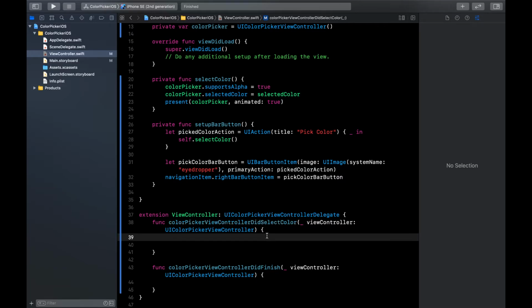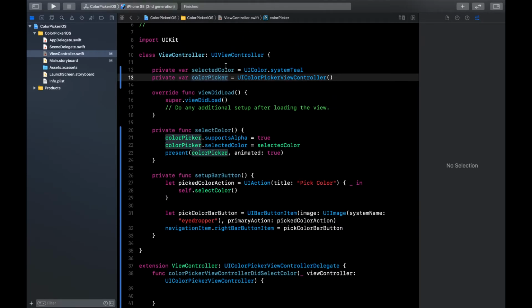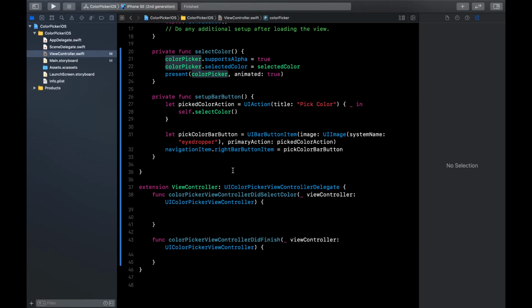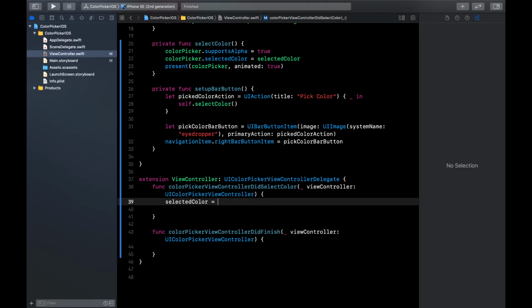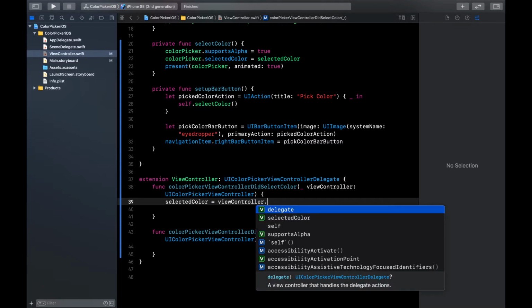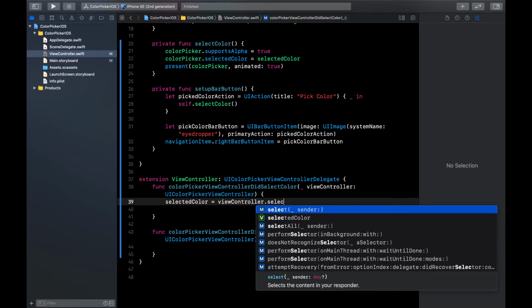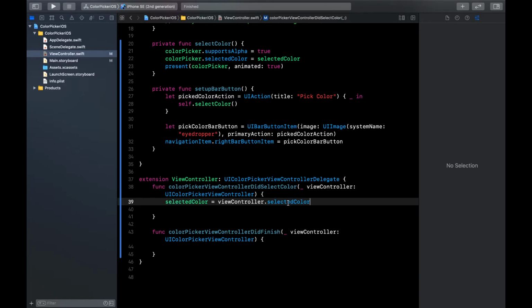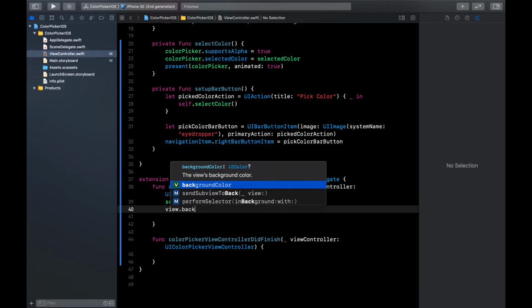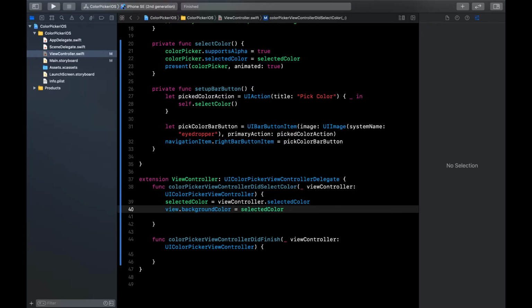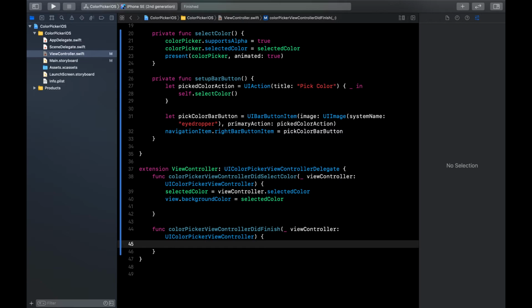We're going to first set this new color to the selectedColor property that we have in our view controller, and then we're going to set the view's background color to that brand new color. So we're going to say selectedColor is equal to, we're going to access this view controller's properties, and this view controller has a property called selectedColor. So we assign selectedColor to our local selected color, and then we have to change the view's background color. So view.backgroundColor is equal to the selectedColor. Well, I'm not going to use this method didFinish, but just to show you when it gets triggered, I'm going to do a print, and then I'm going to say here "did dismiss controller".